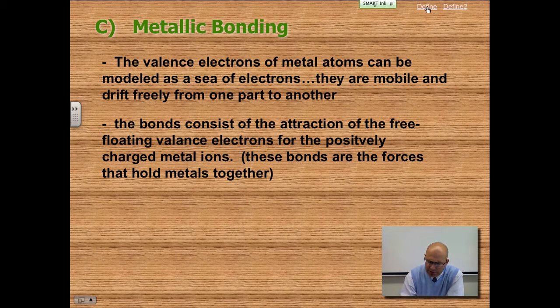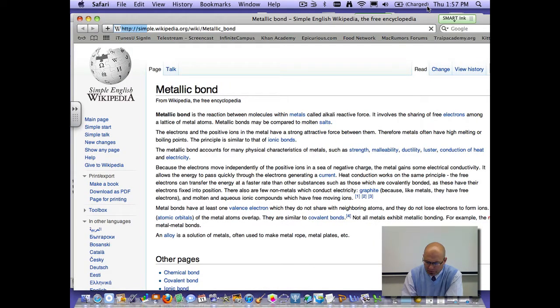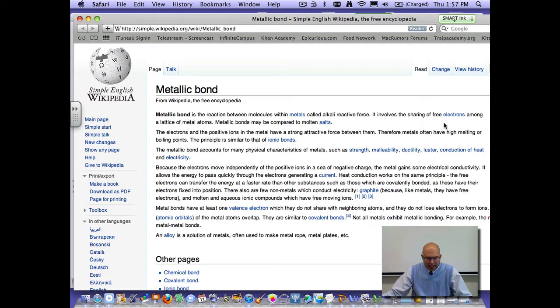I've got a couple of definitions here because it sometimes can be a little confusing, and I'm perfectly fine using this Wikipedia. Notice it basically says here that the forces within metals are called metallic bonding. It's the sharing of free electrons, and it forms this lattice, like this connection of metal atoms. What's nice about this is it allows them to be very pliable,